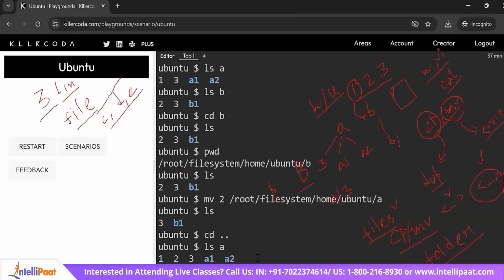So when you want to copy and paste something, like some file, let's say, and you are not at that particular location where the file is present, you have to write the whole path. Similar for cp. You will have to give the entire path. Now this was for copying and moving files. But when we are talking about folders,